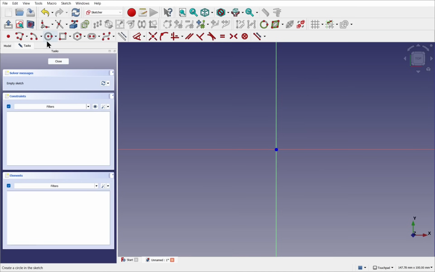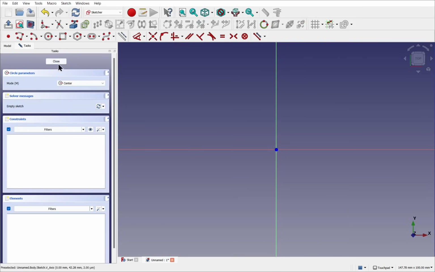I will be using the circle. On the right, we can see a drop down that shows the different types of circles that can be created. Click on the circle, the panel on the left will change, and our mouse pointer will show the tool by the side. If I look down under the constraints, we have a drop down just here. This has a number of options. We have the auto constraints checked and the auto remove redundants. Click off, and if we accidentally drop the tool, then we can hit escape on the keyboard to cancel, or